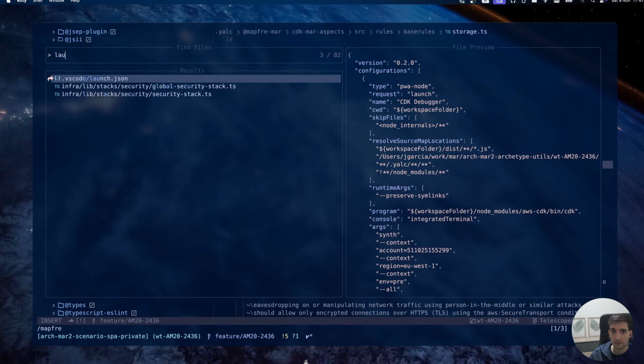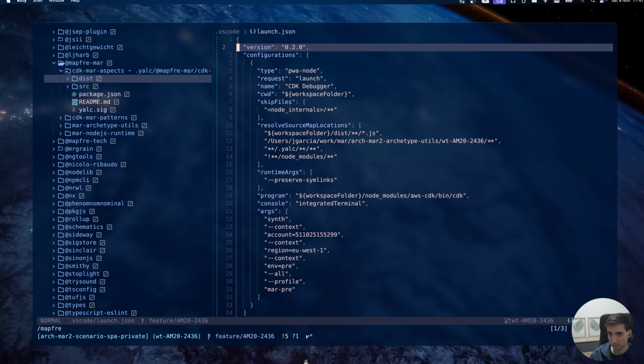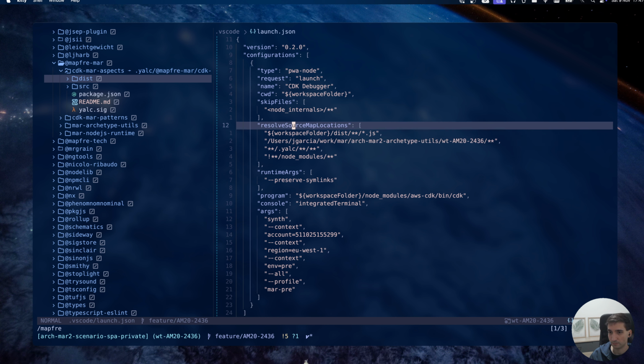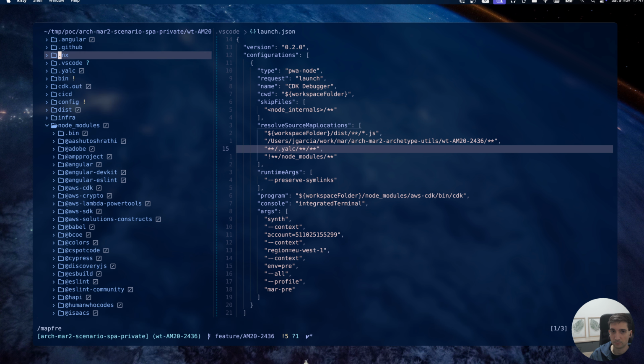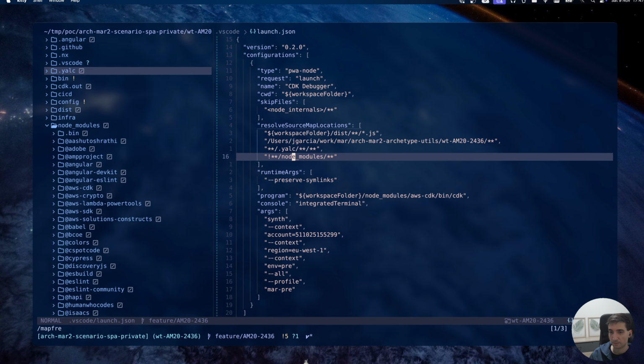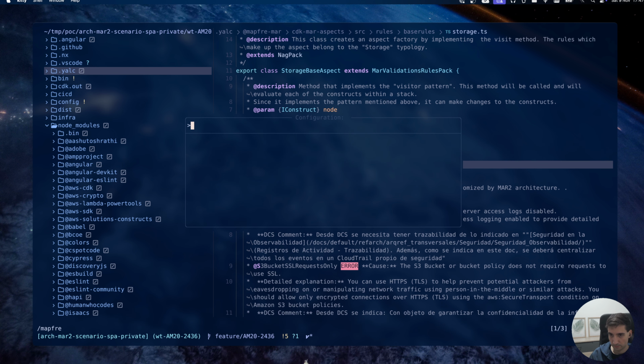Then if we use launch.json, we should make sure that we tell the VS Code debug adapter that it should find the source map locations inside the Yalc folder. So now if we run the debug